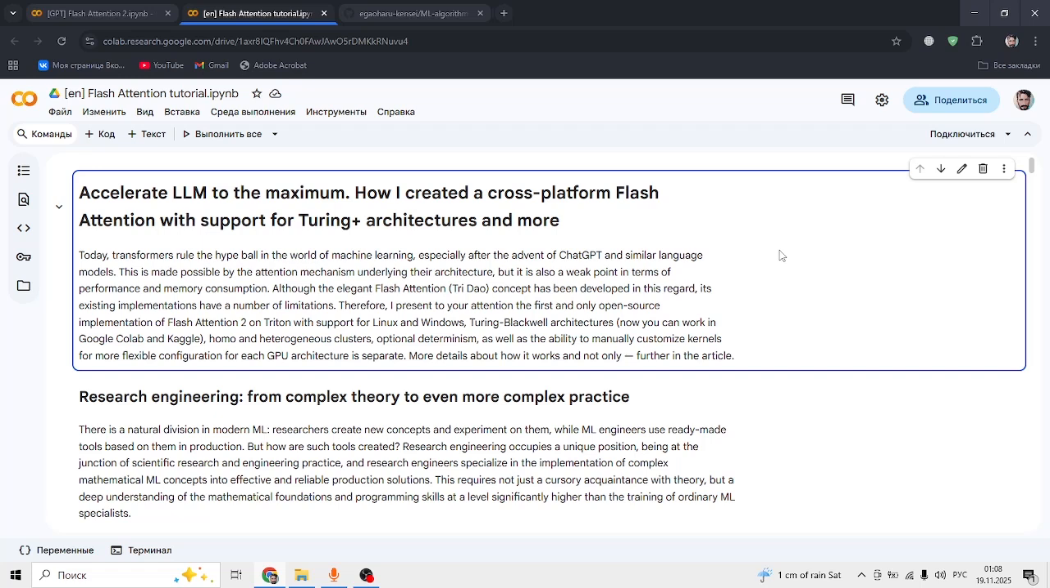Hi everyone, in this video we're gonna discuss what FlashAttention is, how it works, and also we'll look at my personal implementation on Triton of FlashAttention 2, and we're gonna compare this with existing solutions from Tri Dao, PyTorch, and